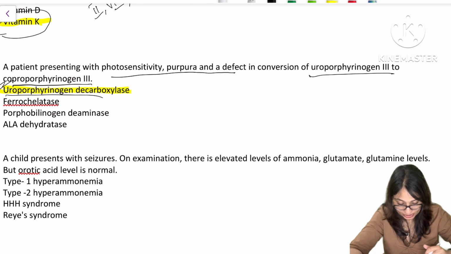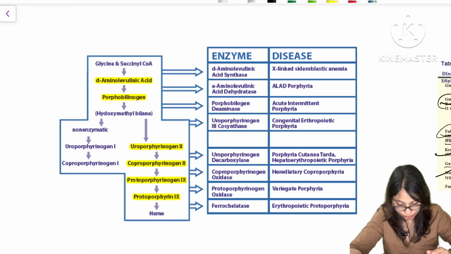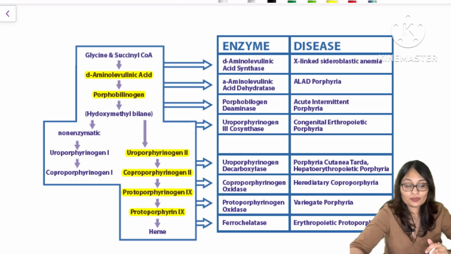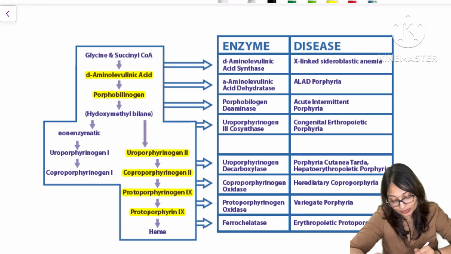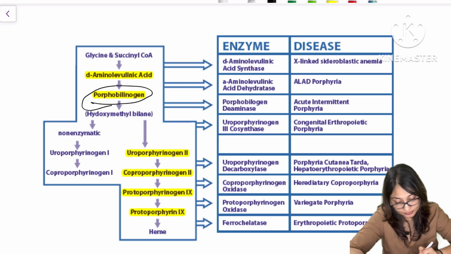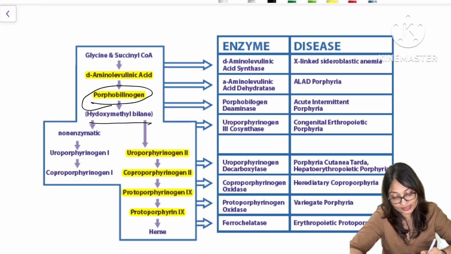To reiterate, this is the heme synthetic pathway. We have glycine and succinyl-CoA combining together to form ALA, which is aminolevulinic acid. The enzyme is ALA synthase, and then we have ALA dehydratase, which gives you porphobilinogen. And from porphobilinogen, which is a monopyrrole, we get hydroxymethylbilane, and the enzyme here is porphobilinogen deaminase. And from